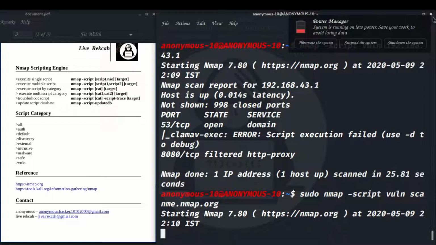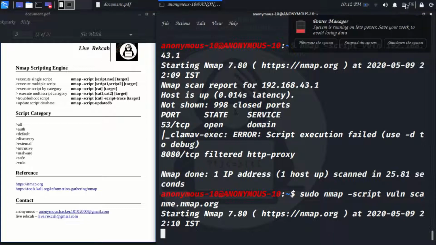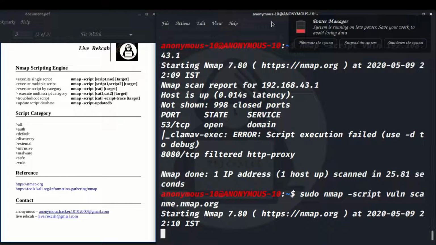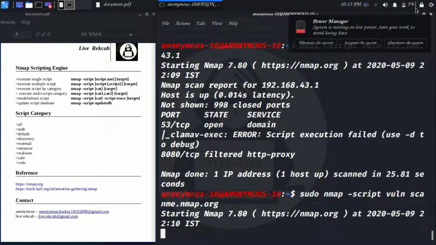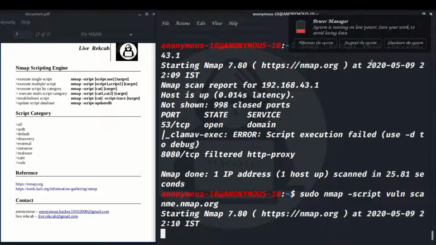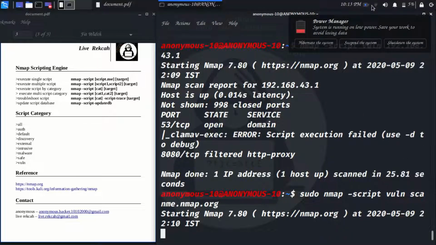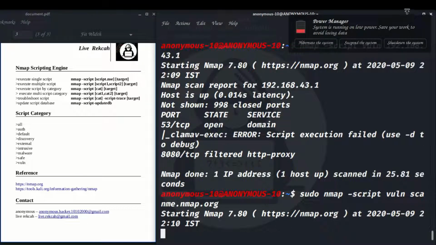My God, I got here one other system. I don't want to do this. 5% of battery. Okay, I think I have only 5% of battery, and the sudo script vulnerable is scanning still. Maybe my system is slow because I don't have battery. Maybe the system is slow because I don't have enough internet speed. I don't know why, but I'm going to kill this command.